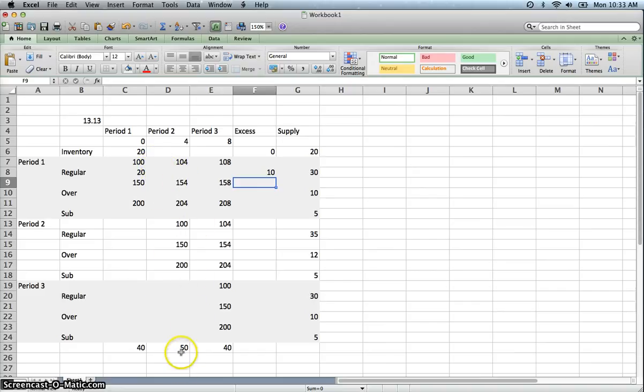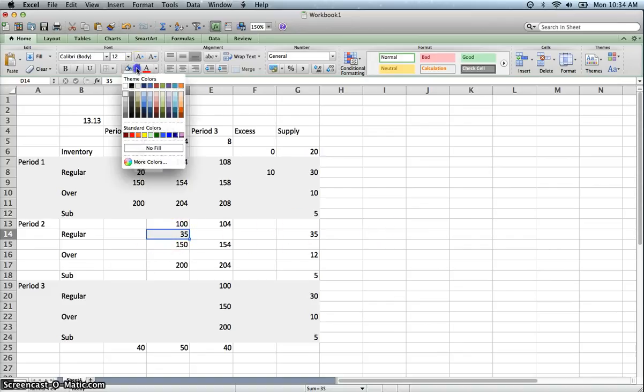So period 2 we got 50. Now we look at this column. We're done with period 1, so just concentrate on this column. 4 is the cheapest, but remember we used all of that because there's none left. It's a 0. 100, we can get 35 from that. So let's do that. Let's do 35. And so that would then give us,